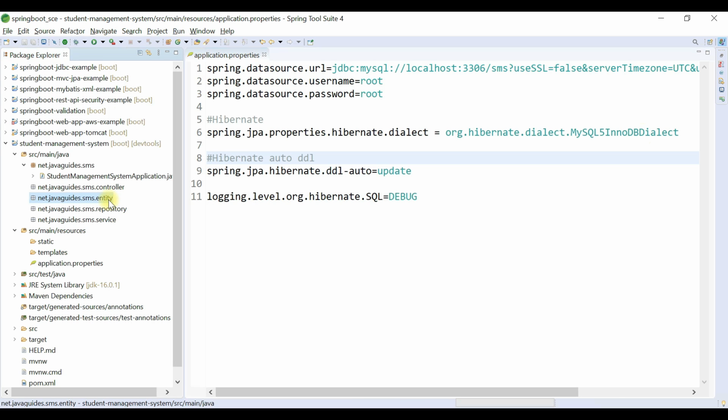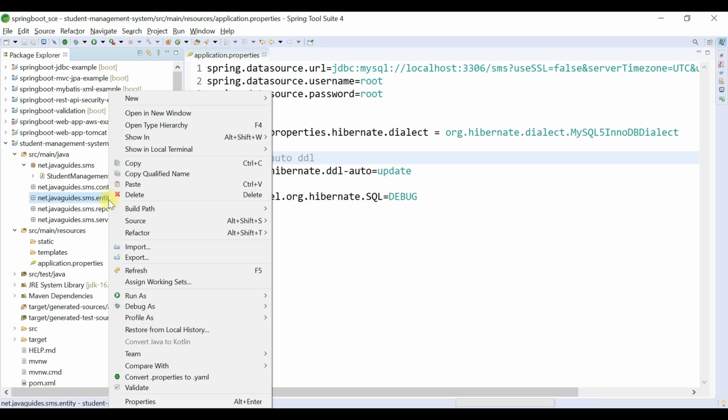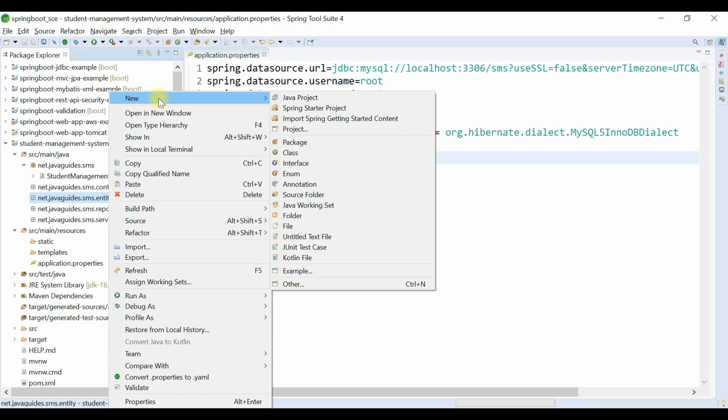So once we configure all the details in the application.properties file, let's go ahead and create a JPA entity for the student management application. The JPA entity in our case is Student.